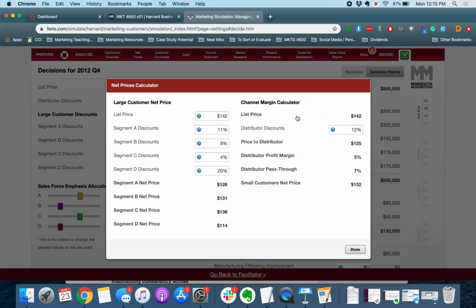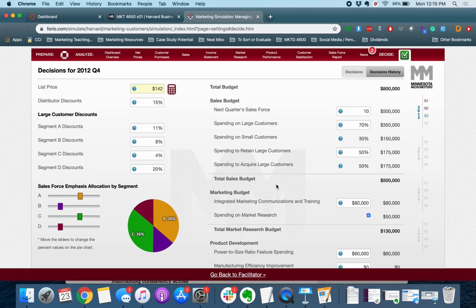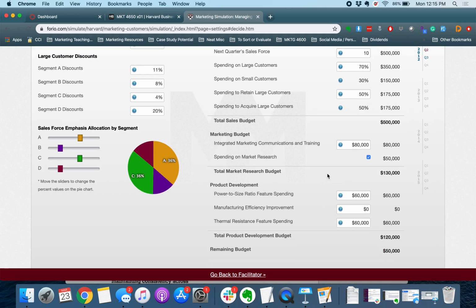Here's your channel partner, right? So this is your distributors. So right now the price of distributors is about 125. They are going to make 5%. They have to jump by 7%. So the small customer net price is 132, somewhere here in the middle of this. I'm not going to play with it other than maybe change this to 15%, give them more of a discount. Maybe that saves my life. Who knows? Okay, before I hit submit,